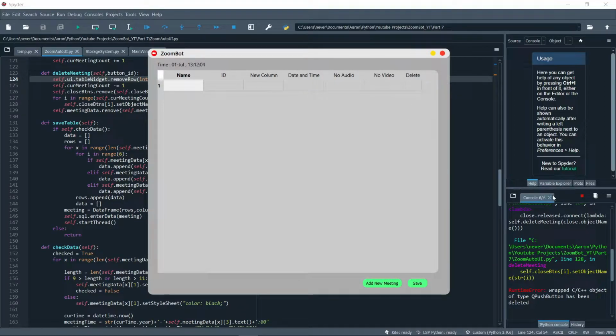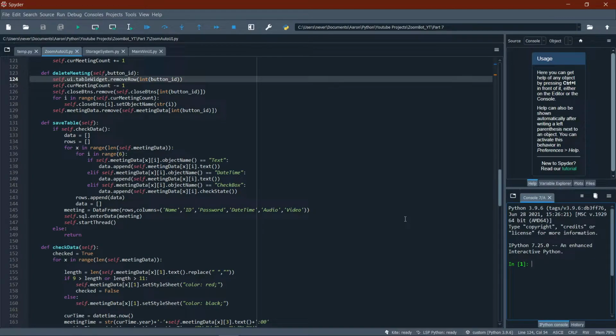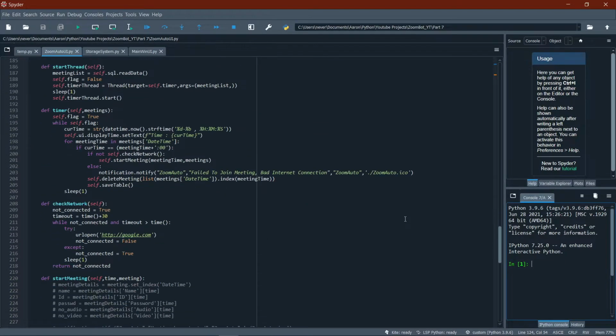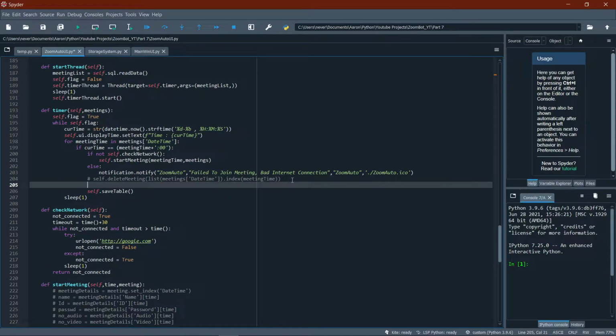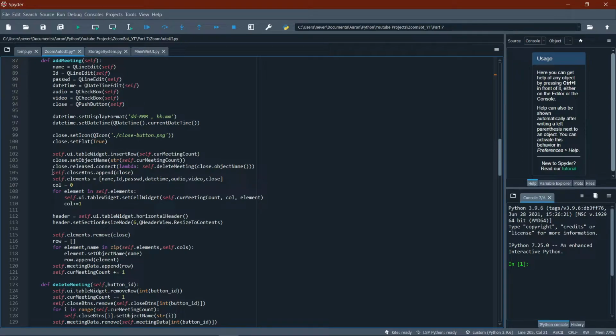So there I came up with another solution, which is not that orthodox, but it's the best solution we got. So what we do is we go to the timer function. Now as I told you before, when you click the delete button, it causes no issue. So what we're going to do is we're going to make the program animate a click on the close button so that it deletes the meeting without the delete meeting function. So we're going to remove this line, and below we're going to use our list of close buttons that we created in our add meeting function right here,